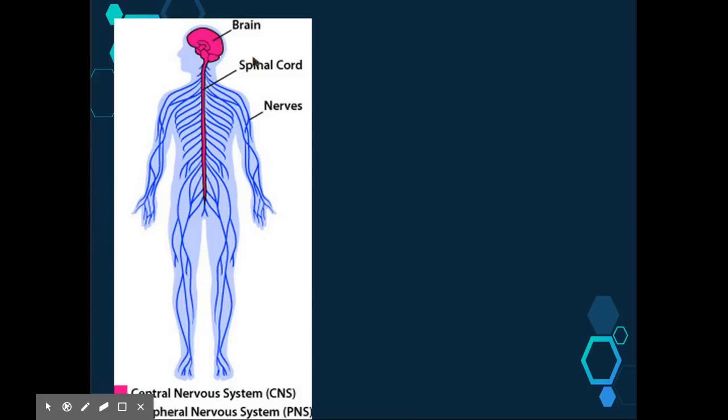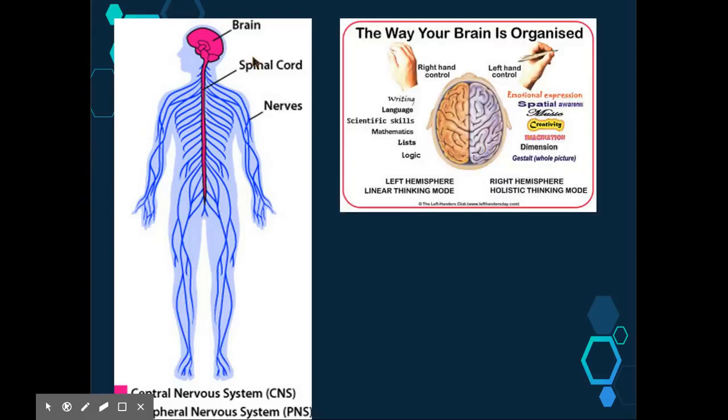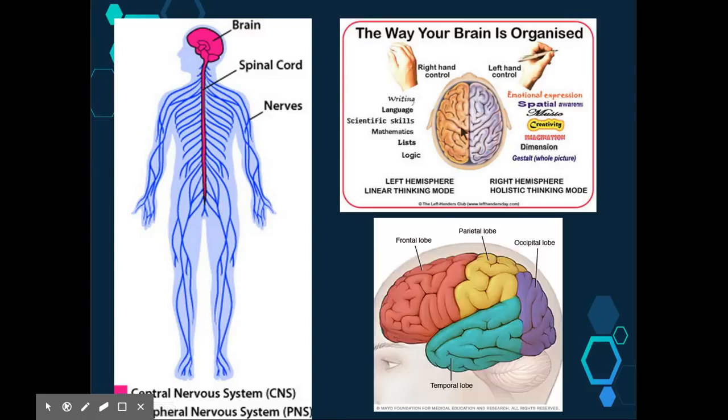The cerebrum splits into 2 hemispheres, a left and a right hemisphere. Each of the hemispheres receives impulses from and exerts control over the opposite side of the body. So as we can see here, the left hemisphere actually controls our right hand, and our right hemisphere controls our left hand. So what actually happens in the brain is there's quite a bit of crossing over of information across the two different hemispheres. The hemispheres in turn are then divided into 5 lobes, being the frontal, the parietal, the